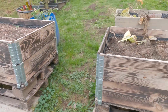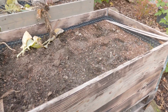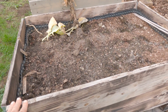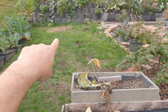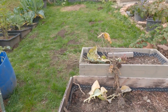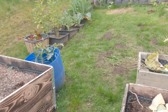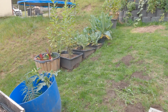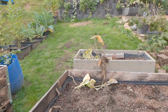raised beds apart and using this. This was basically compost. There was some other dirt mixed in here, but we're going to take that and use it to terrace. We're going to add some more terracing. Most everything is going to be in the ground at some point. We did this because it was quick. Even all the buckets, the containers there, we'll eliminate those, and all this whole area will end up in-ground garden